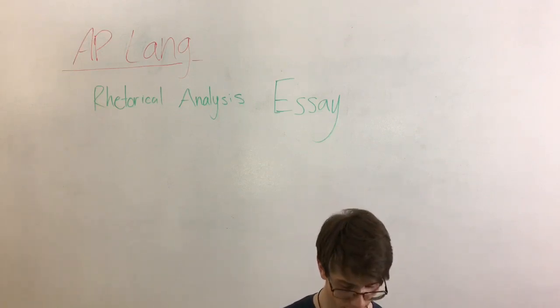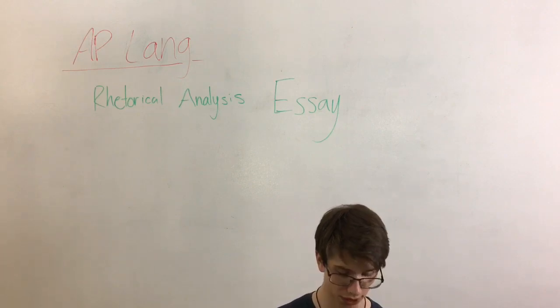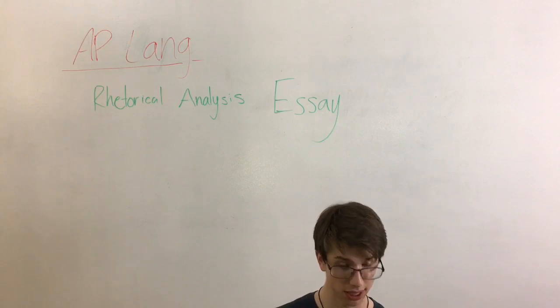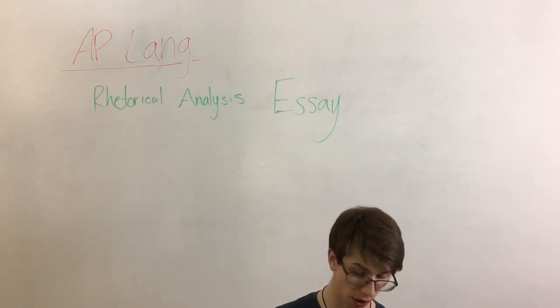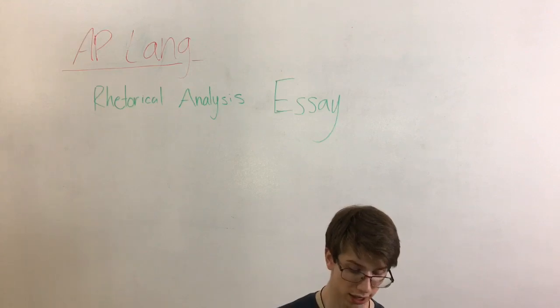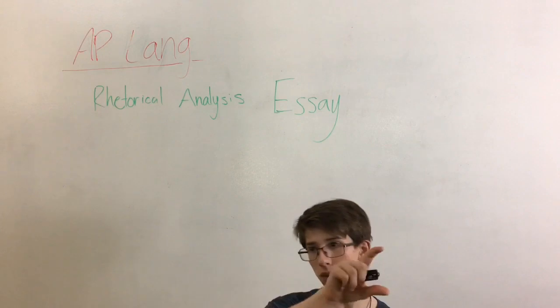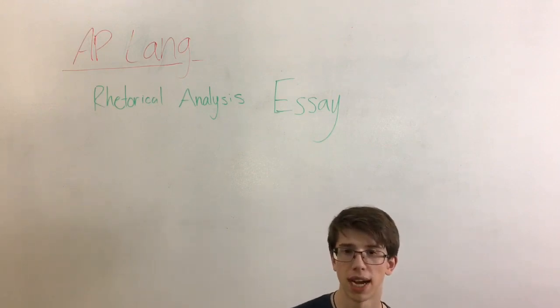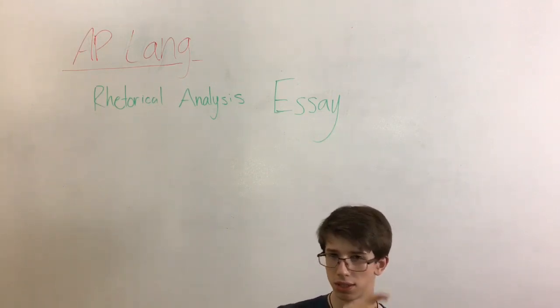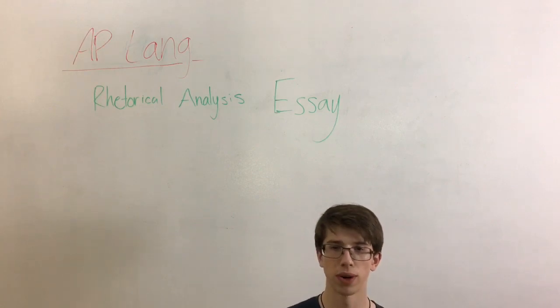Read the entire prompt. The prompt for the rhetorical analysis essay is fairly short. It includes the name of the author, the subject of the text, and sometimes the audience. It will also include a few contextual points that might be useful for understanding the point of view of the author, the audience, and possibly the purpose. So read those few sentences at the top that are going to be in italics, or if they're not in italics, it's just going to be those few sentences at the top that are going to help you with understanding the text and developing your essay.